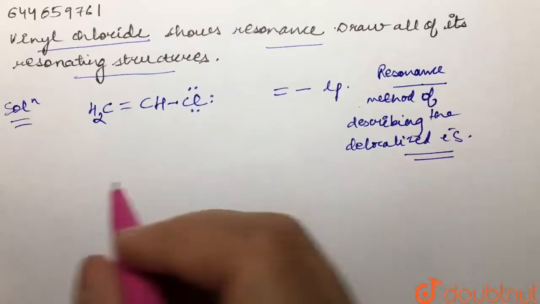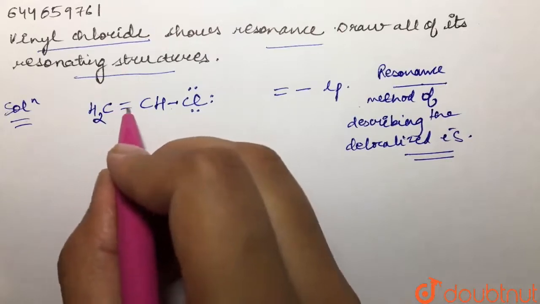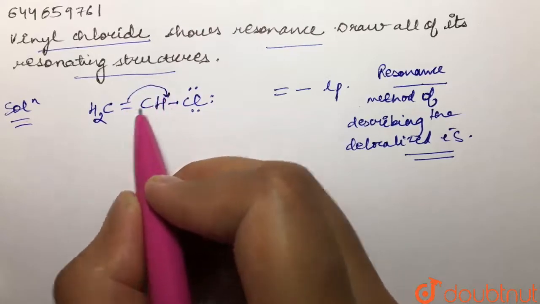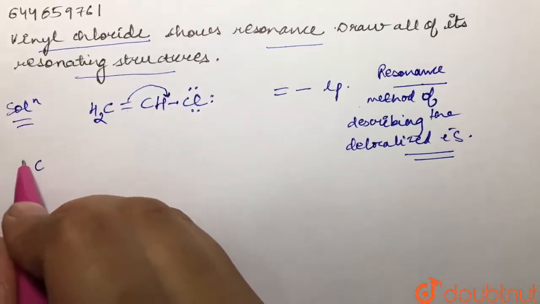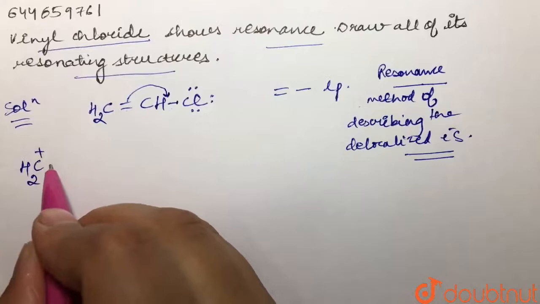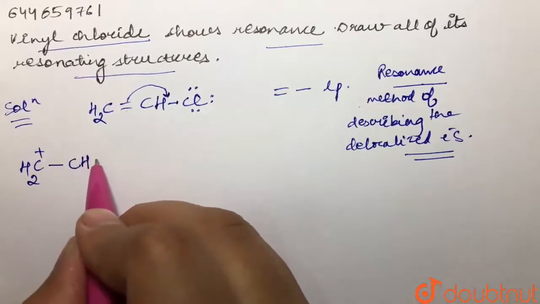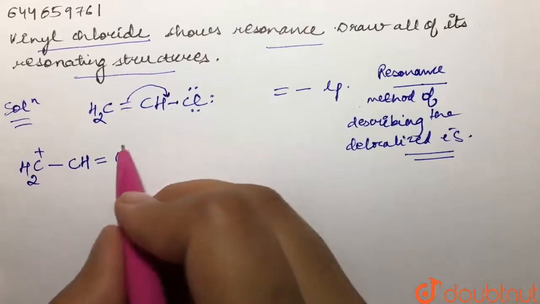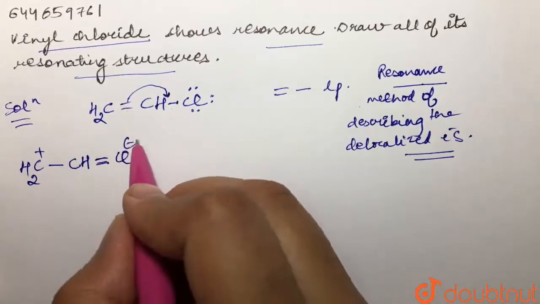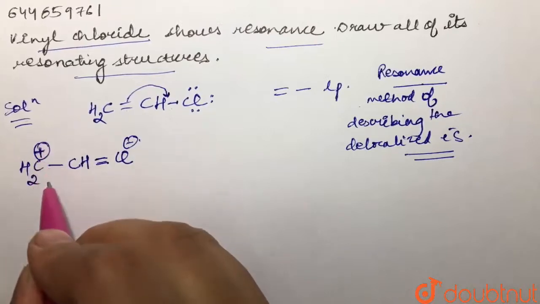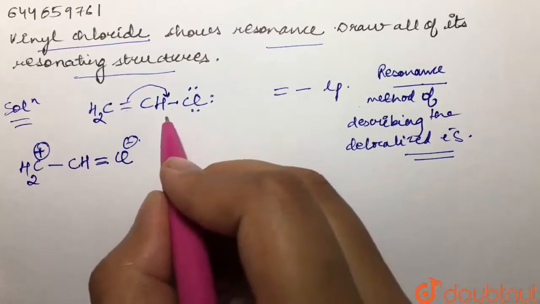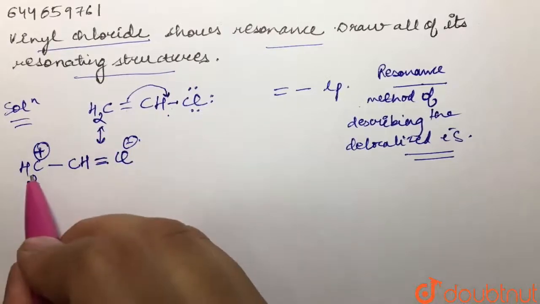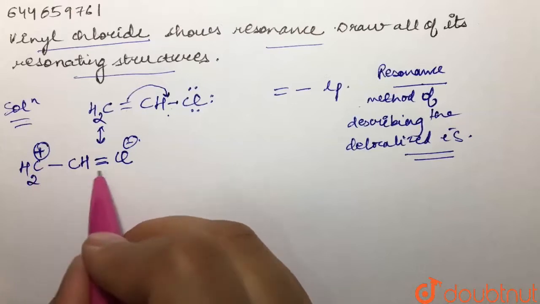So in this case what can happen is that first of all this double bond can be shifted over here, right? And hence what kind of possible structure we can have? We can have CH2 positive charge, then single bond, then we're gonna have CH, then double bond chlorine, right? Now over here chlorine would get a negative charge, right? So this is one possibility that we can have from this structure. So we can say this is our resonating structure, right? So we can have CH2 positive charge, CH double bond, Cl negative.